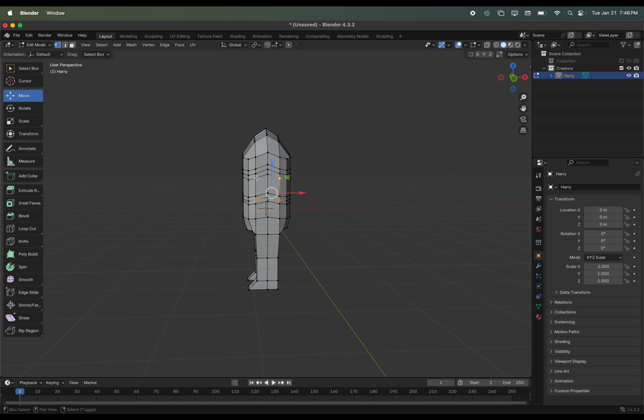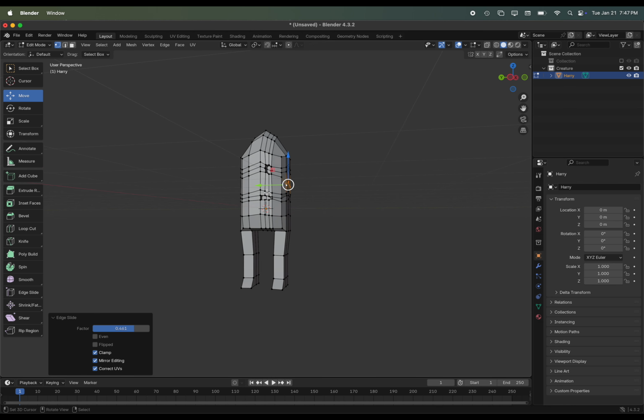I might grab these 4 vertices, shift right click, S to scale them a little bit more inward. Something that's interesting that you can do is press GG and just slide along the vertices, so sometimes that can be helpful. But I just want to get whatever I want the starting silhouette for the arm.